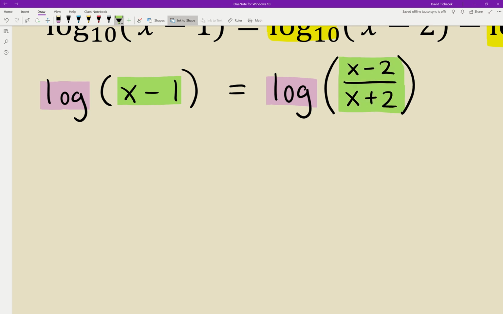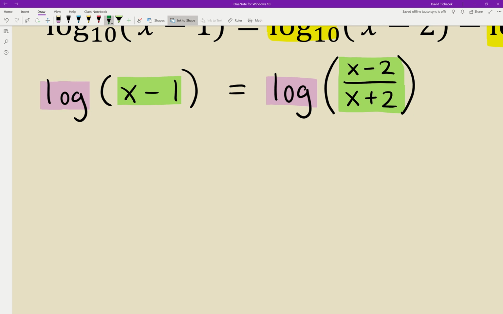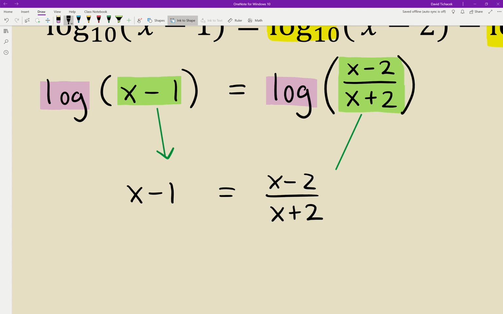So at this point, instead of thinking about this as just applying an inverse operation to both sides, the way that I want you to think about this is: if you can get both sides to look like the log with the same base of something, then we can just go ahead and simply take these inputs and set them equal to each other, okay? So x minus 1 is going to be equal to the input on the right-hand side, which is this quotient,